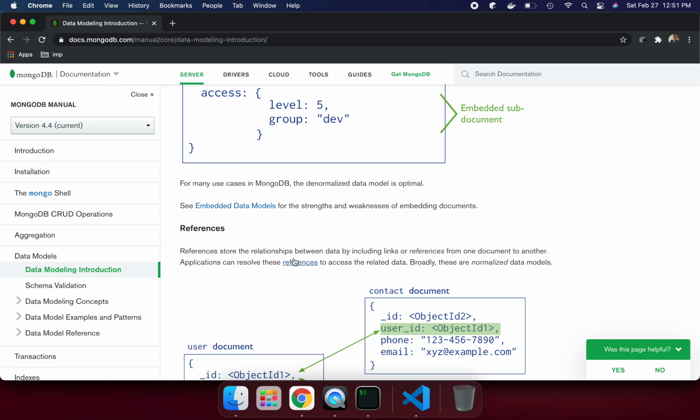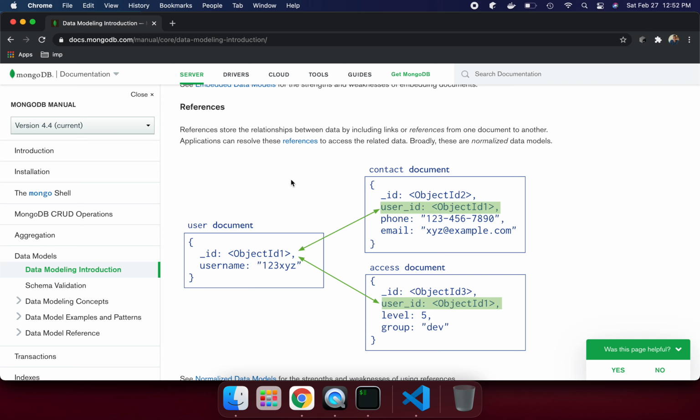References store the relations between data by including links or references from one document to another document. The application can resolve these references to access the related data. These are normalized data models. If we separate embedded sub-documents into another collection, that is the normalized data model.